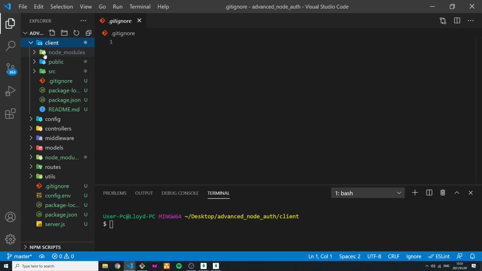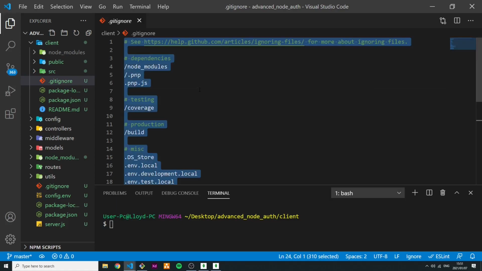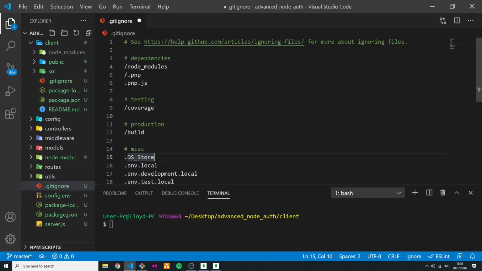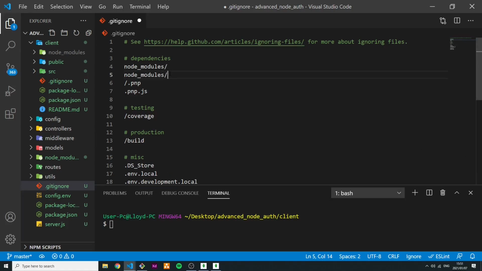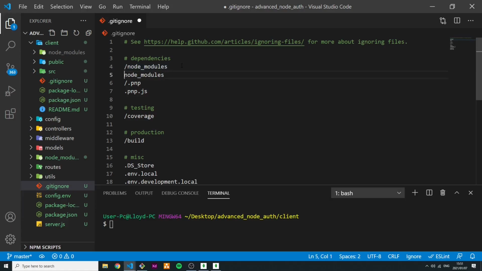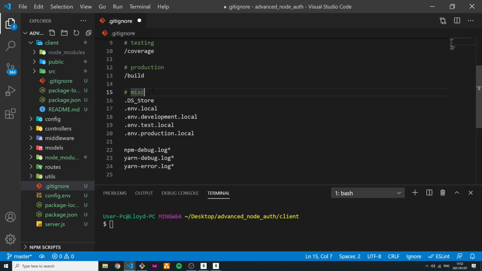So in our client, you can see this is grayed out because of this git ignore. So let's copy everything in this git ignore, and paste it in our root directory git ignore. Okay, we're going to change a few things here. First, at the top with the node modules, we remove this slash from there and put it at the front. Okay, we actually didn't have to remove that at the front. So if we go back, we can add it like this and then just copy it back down. And instead of having the slash at the front, we put the slash at the end. And then down here, where all of the envs are, we can say